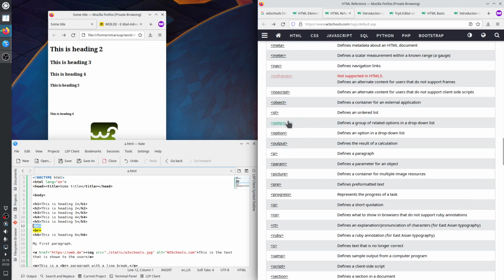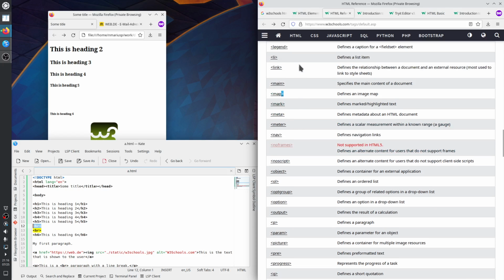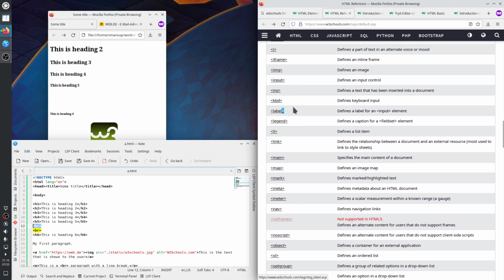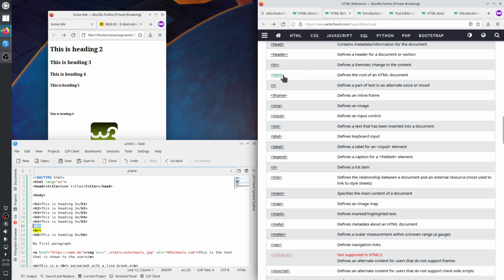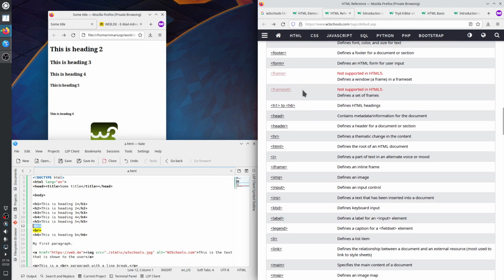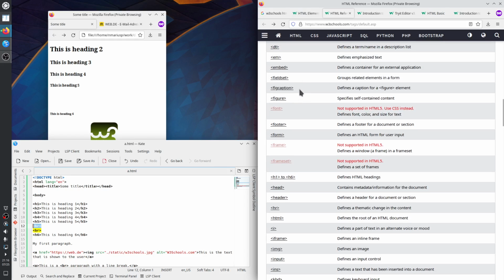I did use option, did use OL, did not use object, noframes, nav, meter, noscript, did use meta, not mark, not map, not main, not link, yes li, no legend, no label, no kbd, no ins, yes input, yes img, no i, yes html, yes hr, yes head, no header, yes h1 to h6, no frameset, no frame, yes form, no footer, no font, no figure, figcaption, fieldset, embed, em, dt,